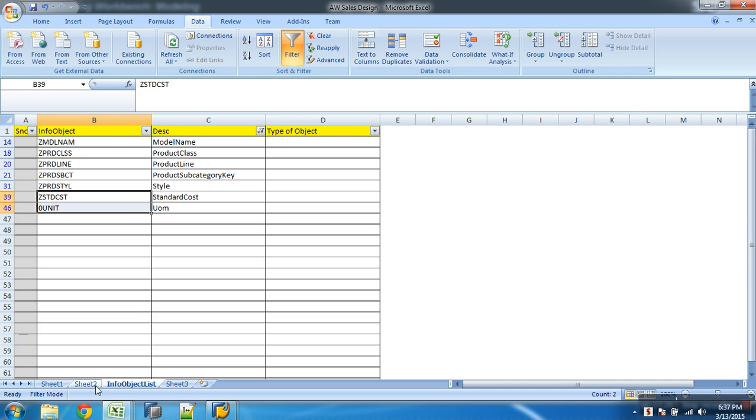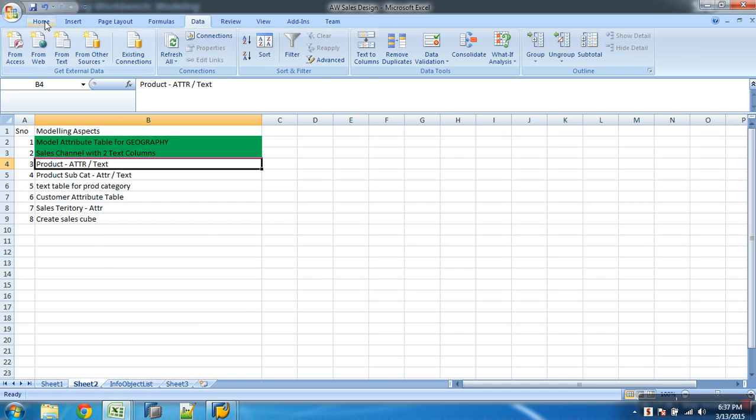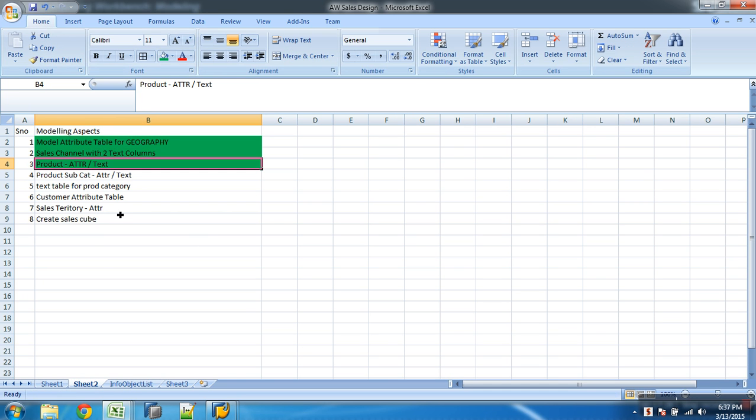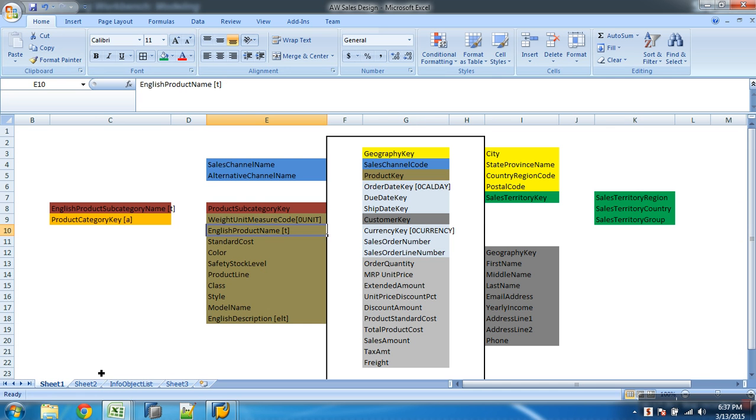That is what we planned yesterday: product attribute table and text table. Done. Next is product subcategory. This is the details of the subcategory. For subcategory we actually wanted 2 columns. One is the English name of this subcategory, and the other is the category the subcategory belongs to, which is an attribute. So one attribute, one column is text.